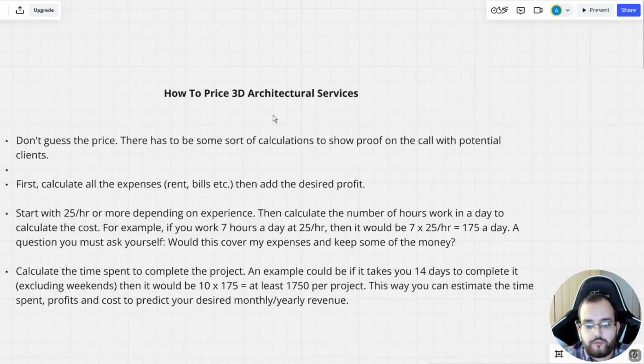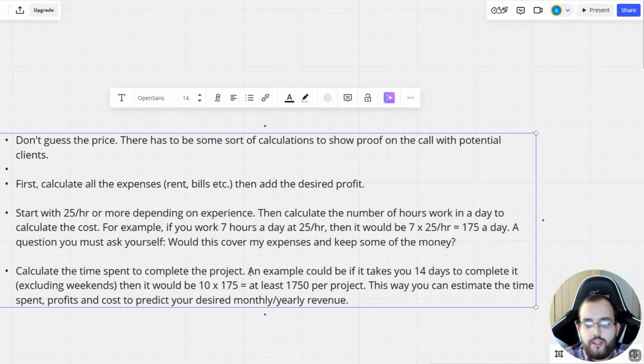Okay, so in this example, let's say it takes you 14 days to complete, 2 weeks,